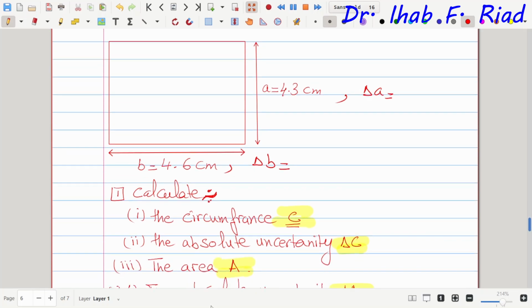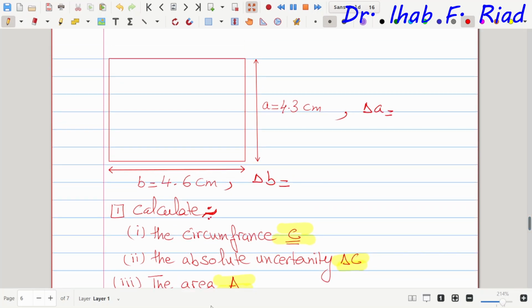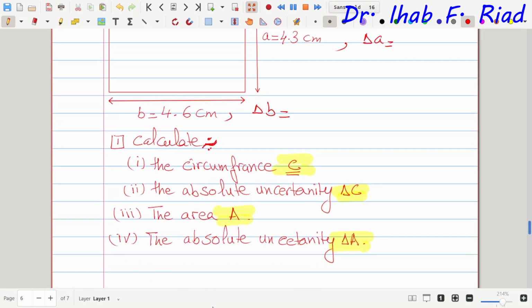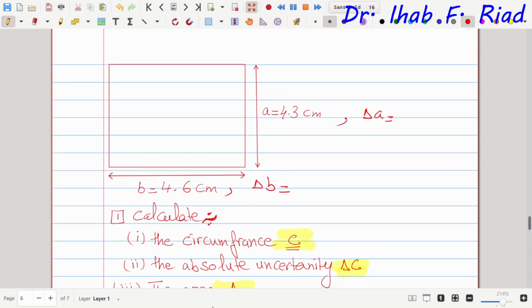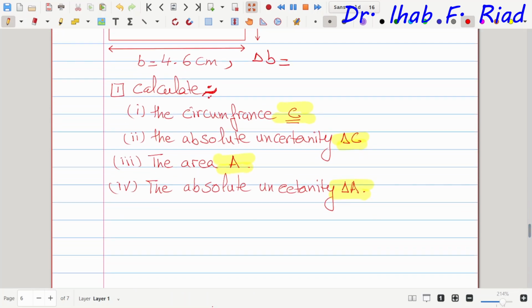so as we mentioned, not every physical quantity can be directly measured using a physical instrument, right? For example, if we were asked to calculate the circumference of a rectangle, we don't have an instrument to directly measure it. But what we typically do is measure the length A and the other side B, and then do the math, right? So the circumference,